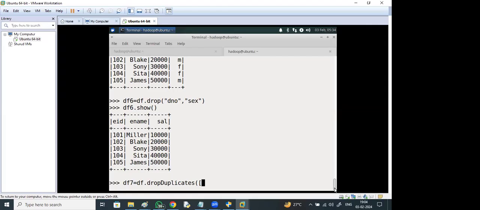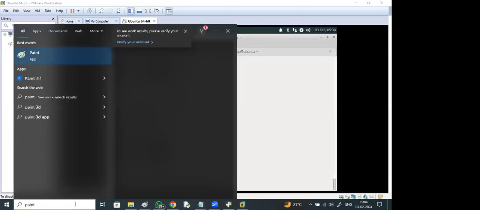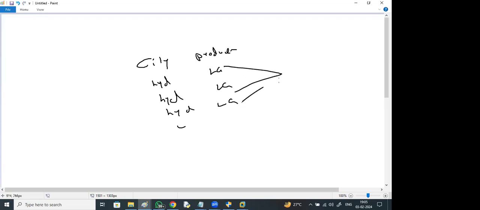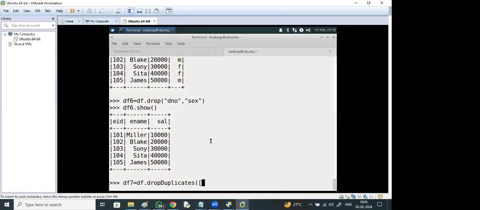City and product, for example. City Hyderabad, product LG. In this way, many are there for Hyderabad, LG, and drop duplicates means you will get only one. df dot dropDuplicates.